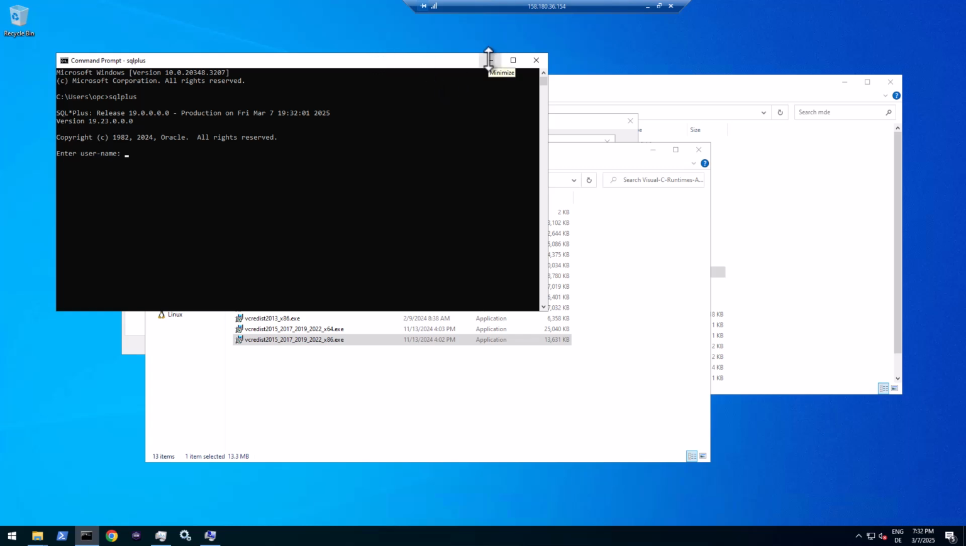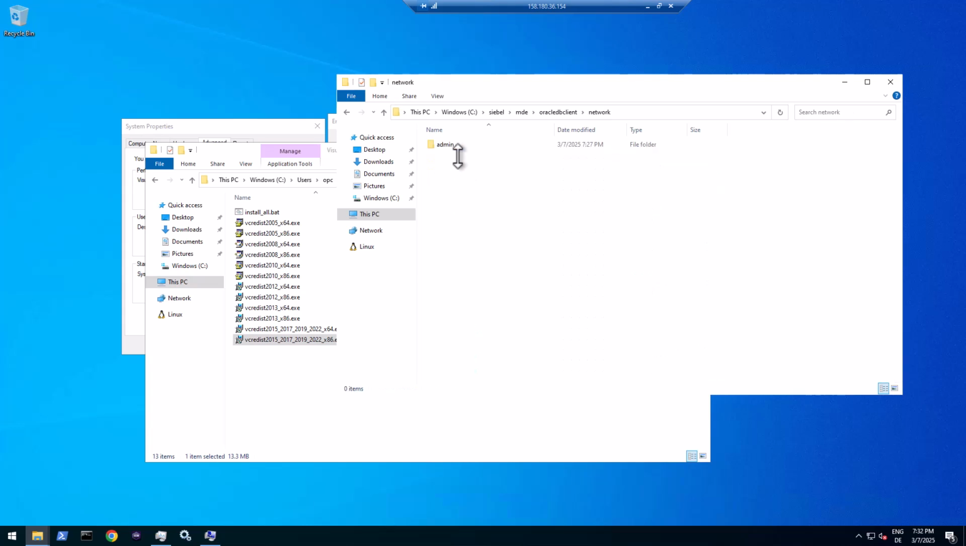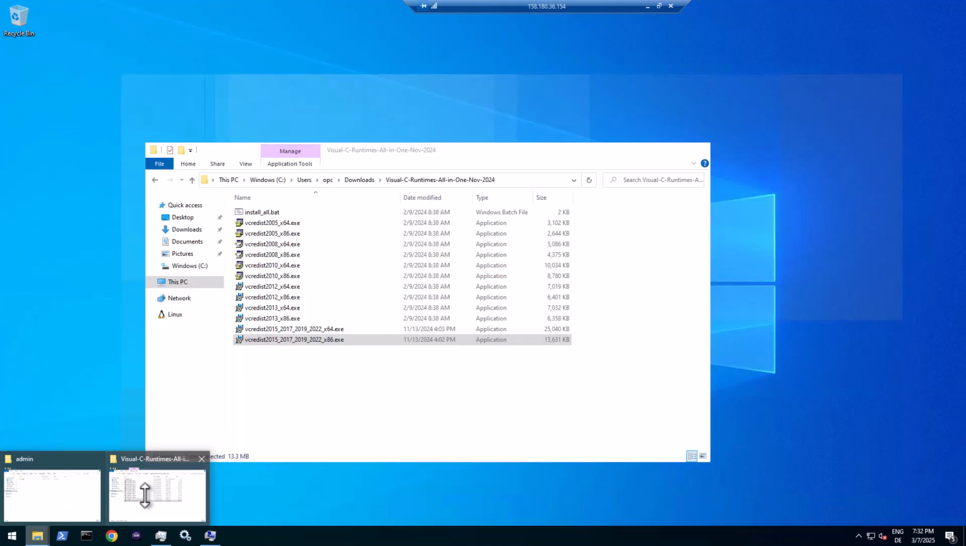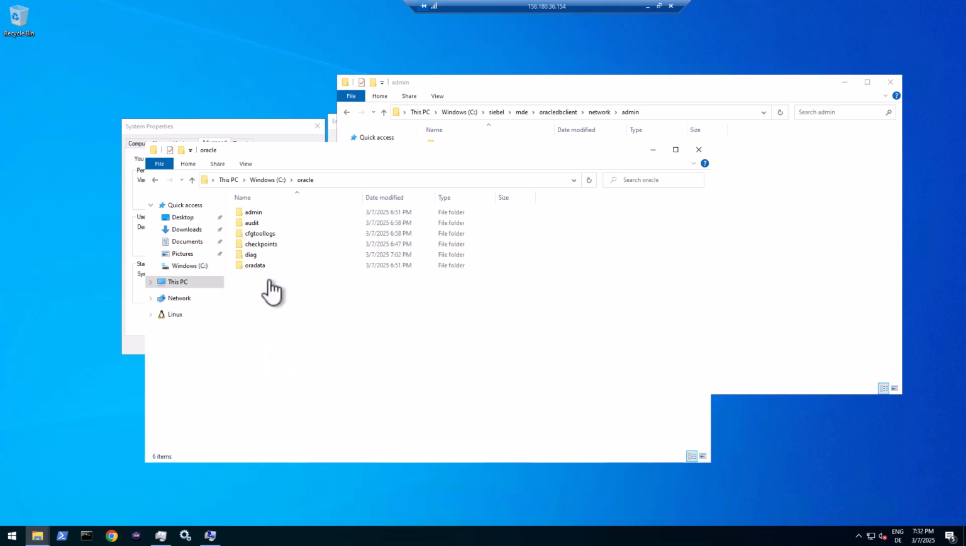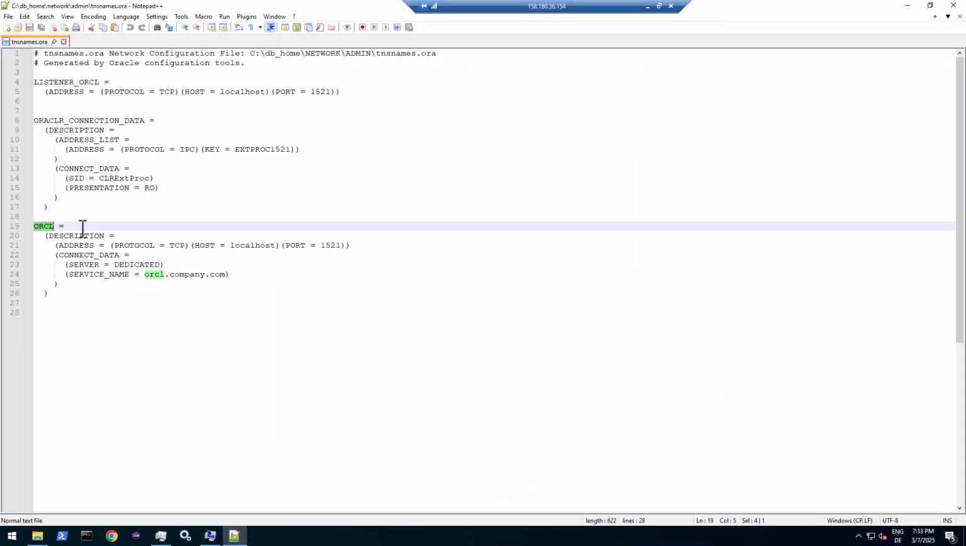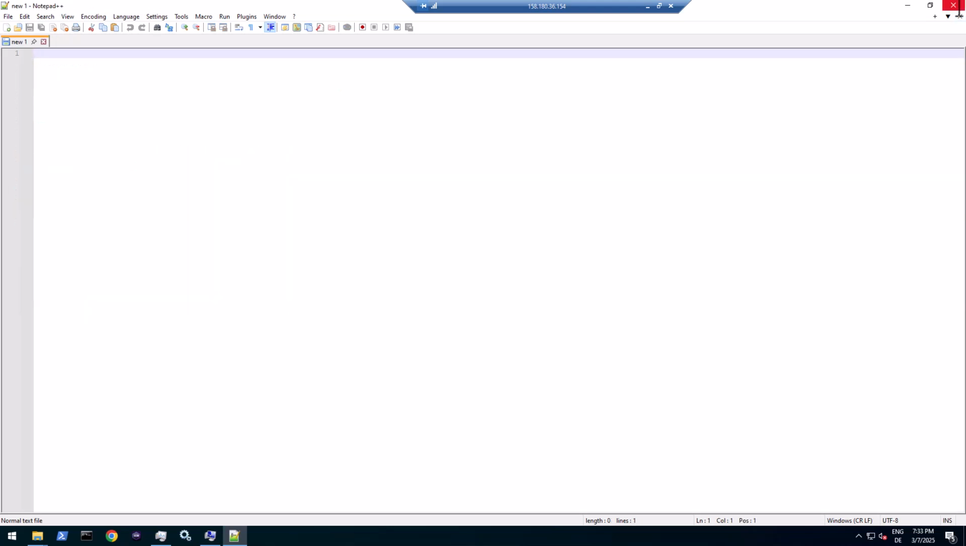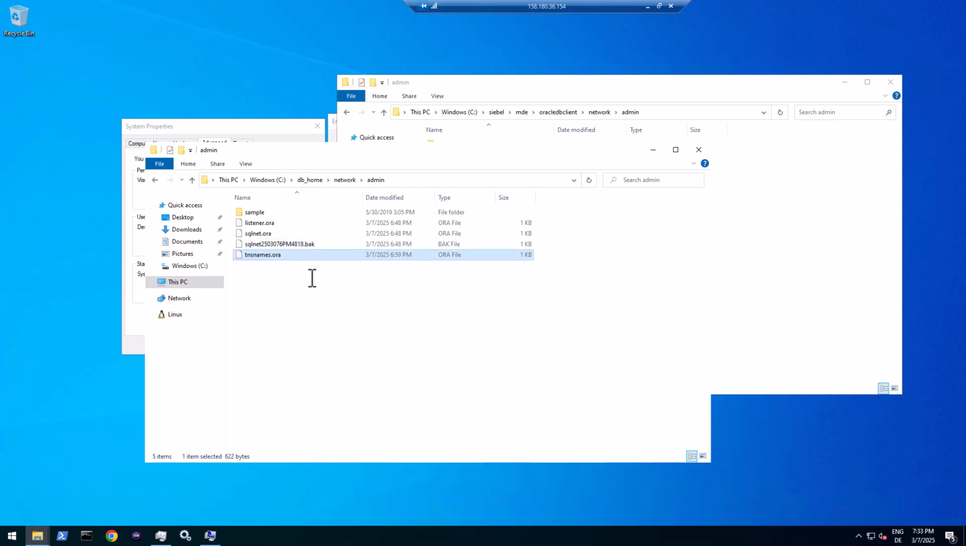Okay, we have a client shipped with Siebel, and that client has a network folder and an admin folder, and there will go the TNS names. So I have my Oracle database here. And here in that folder, DB Home Network Admin, I have the original TNS names, which points to an empty database, ORCL, Oracle. And so that should be a good file as any for copying. So copy it over to